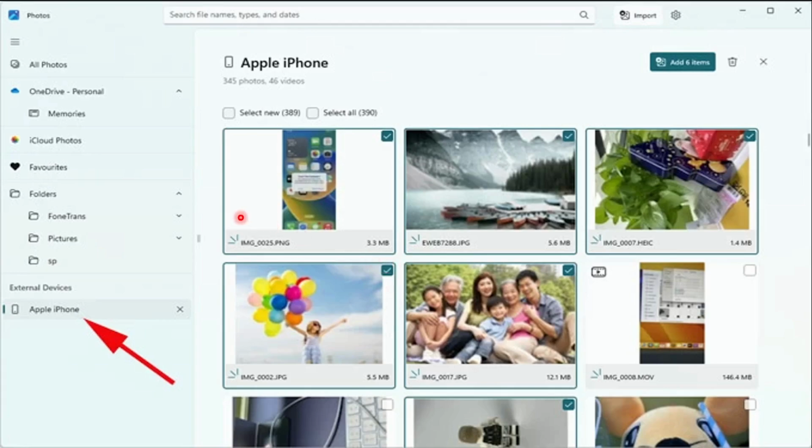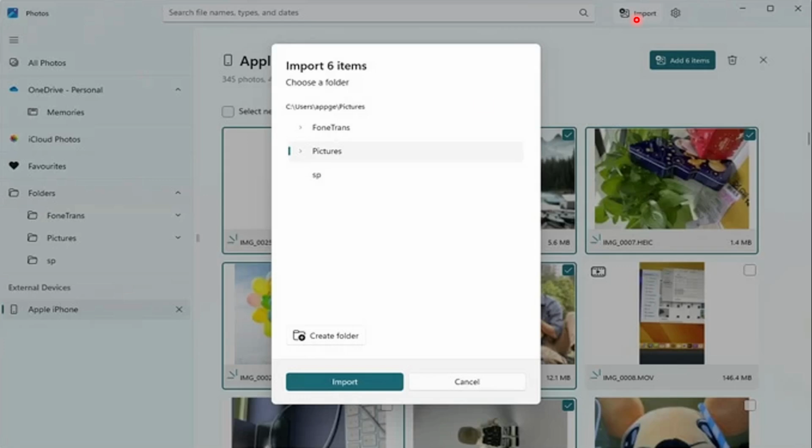Now you open up Microsoft Photos, okay, from the start menu and select your iPhone device from external devices tab on the left sidebar. So the videos and photos from your iPhone will start loading in the right panel, so you can easily go ahead and check the photos and videos you want to import. Okay, select all of them and then come here at the top right and click the import button right here,